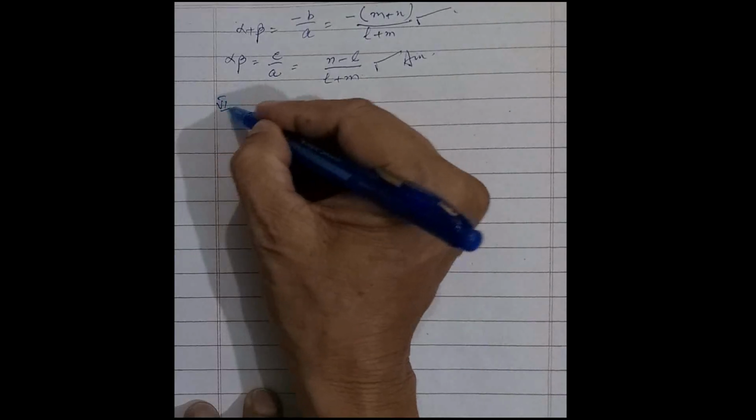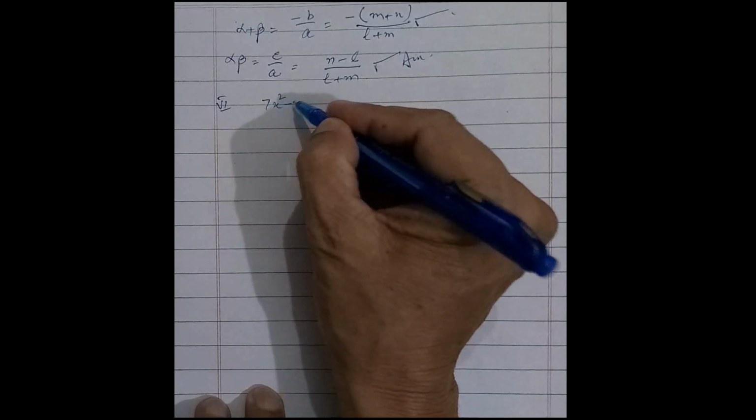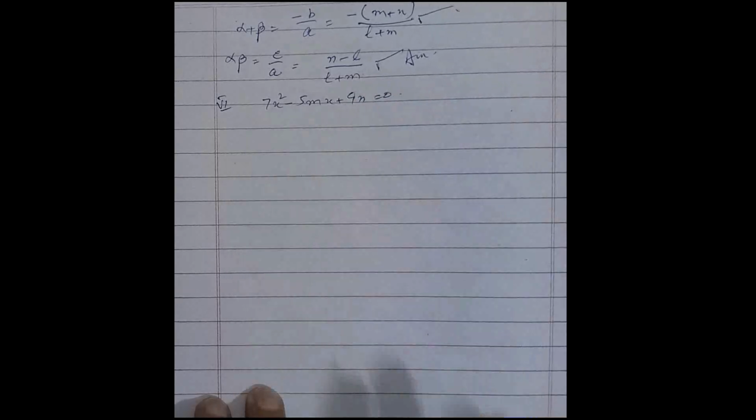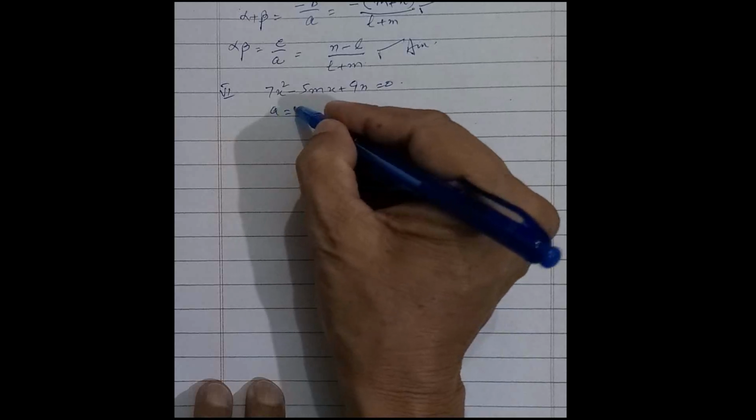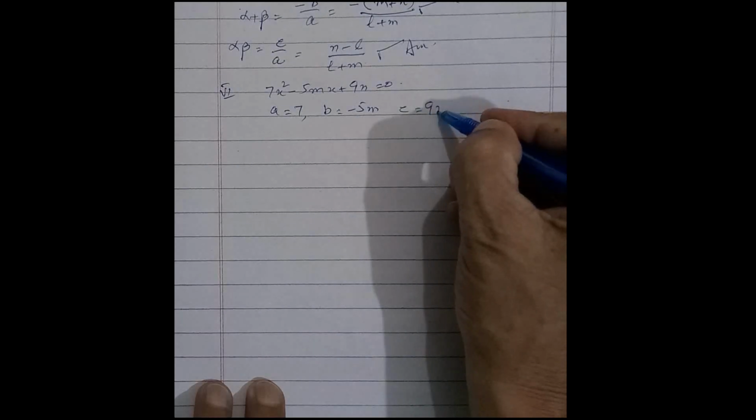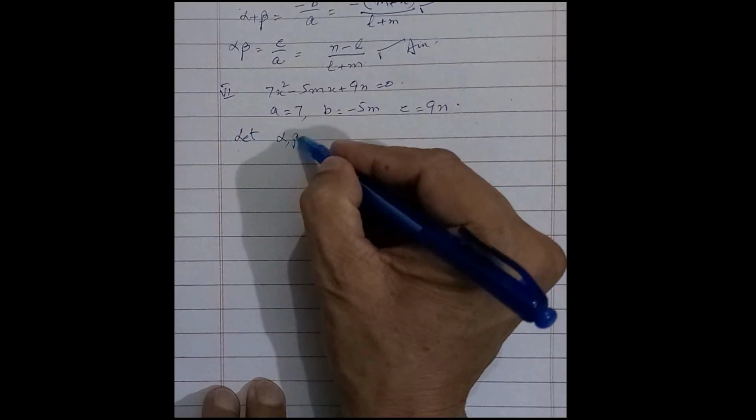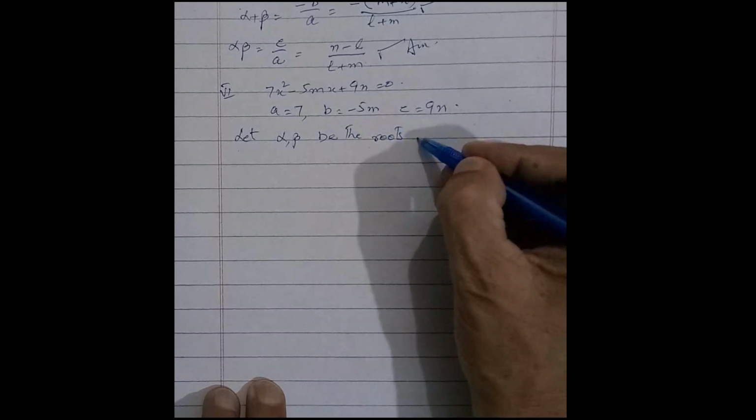And the next question, which is the sixth part of question 1, the quadratic equation is 7x square minus 5mx plus 9n is equal to 0. And we know that alpha and beta are the roots of the equation, and in this quadratic equation, a is equal to 7, b is equal to minus 5m, and c is equal to 9n. So let alpha and beta be the roots of the equation,